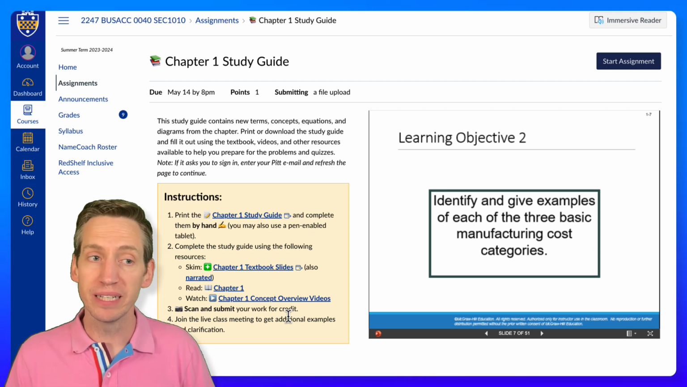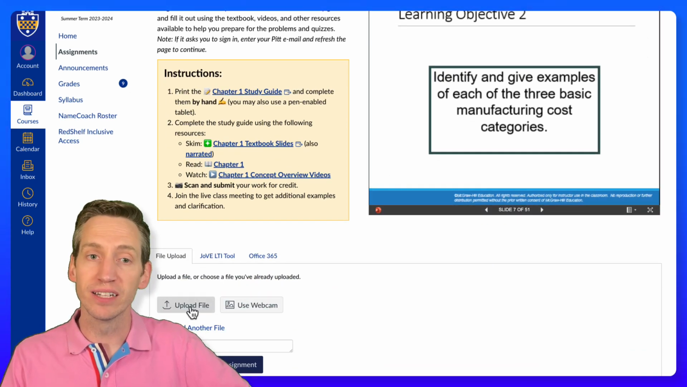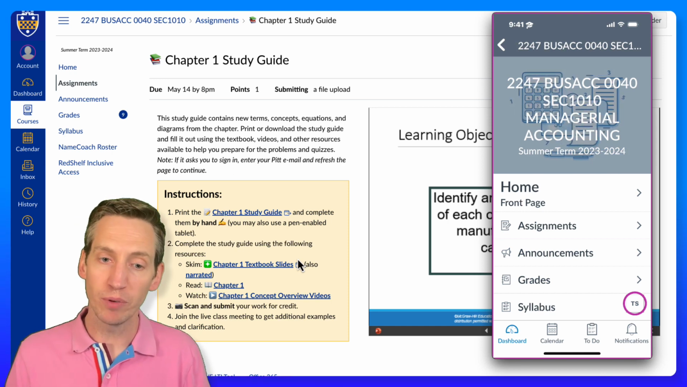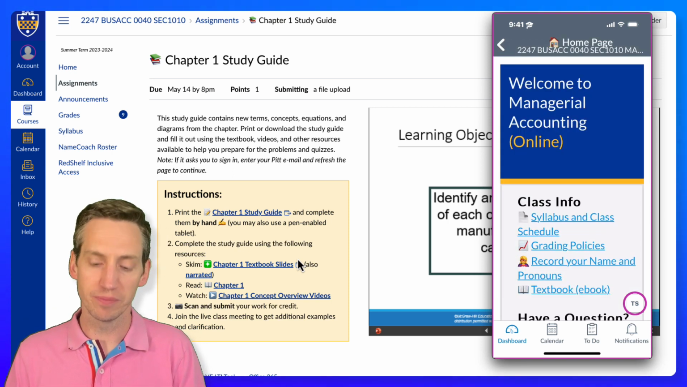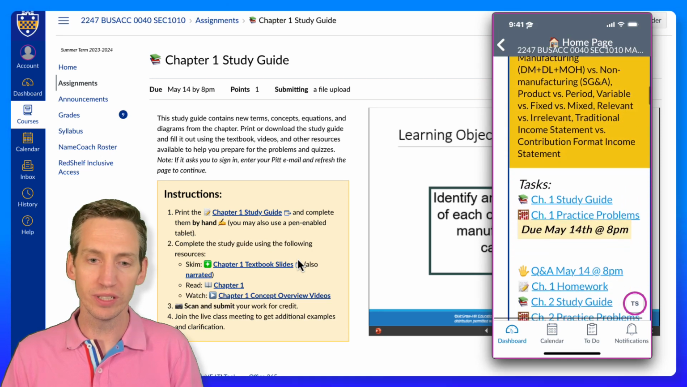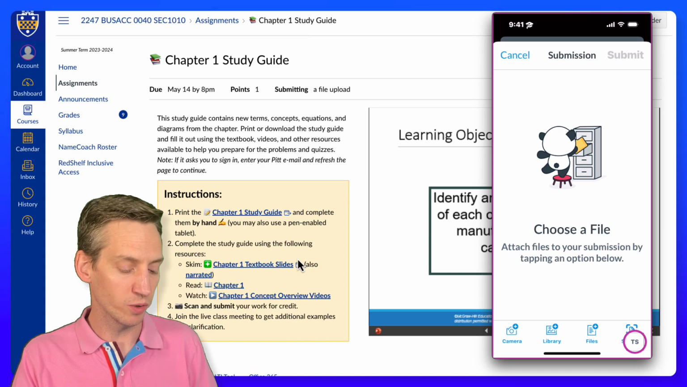Once you're ready to submit, you can either click on Start Assignment and then upload a file, or what I prefer to do is to use the app. If you open the Canvas student app on your phone and go to the home page, you'll see the assignments that are due, or you can go down and view the units. We'll click on the Chapter 1 study guide, click on the Scan button in the bottom right corner,